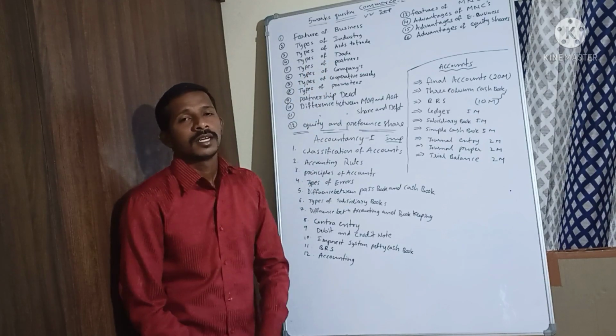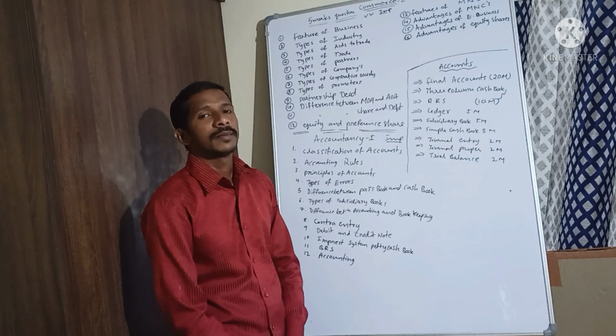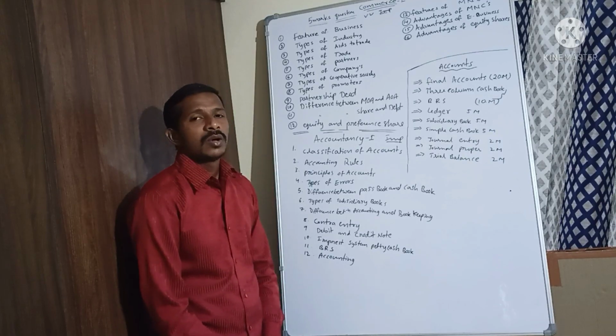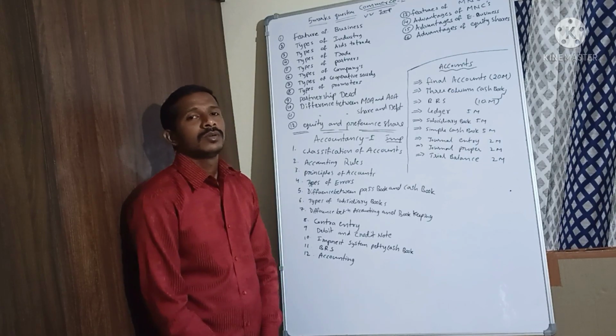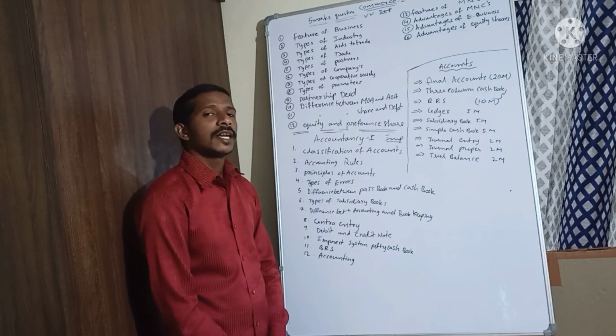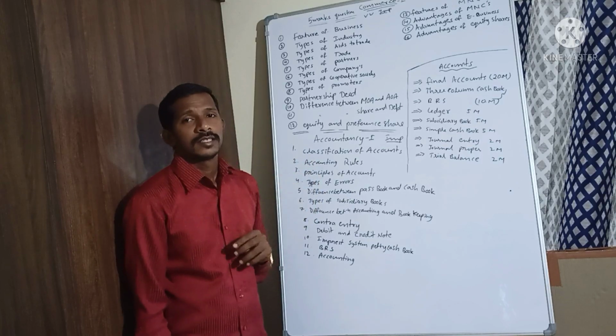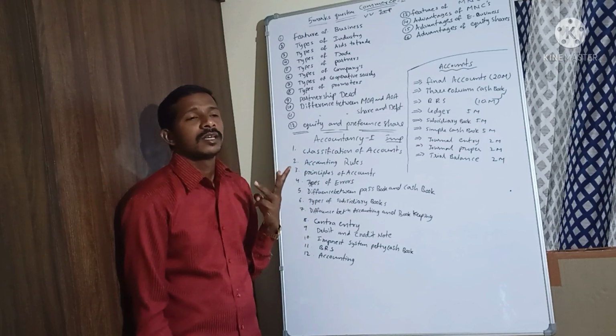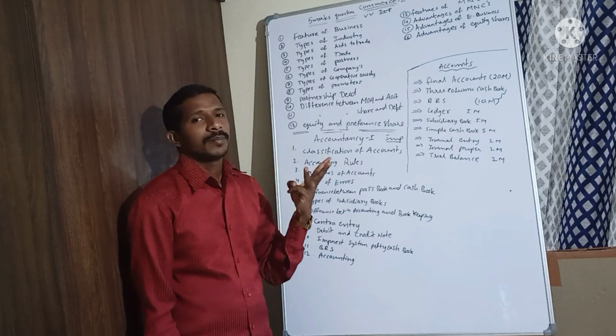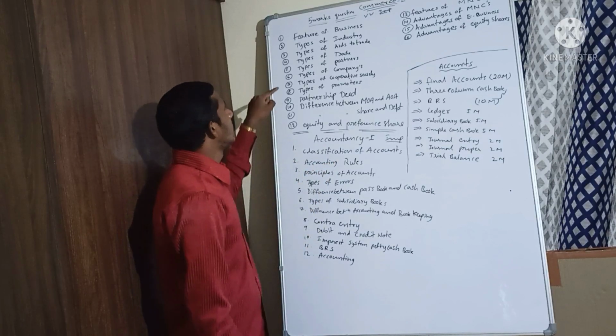Types of trade. Types of trade are mainly 2 types: home trade and foreign trade. Home trade is classified into 2 types: wholesale trade and retail trade. And foreign trade is classified into 3 types: import, export, entrepot trade. Okay. Next,